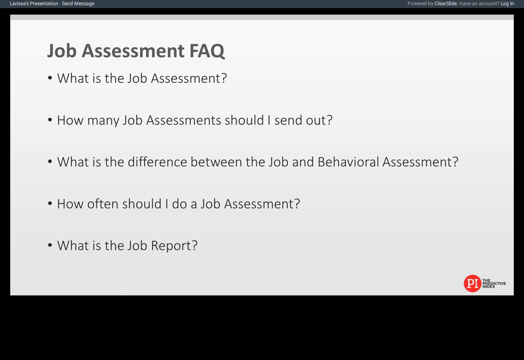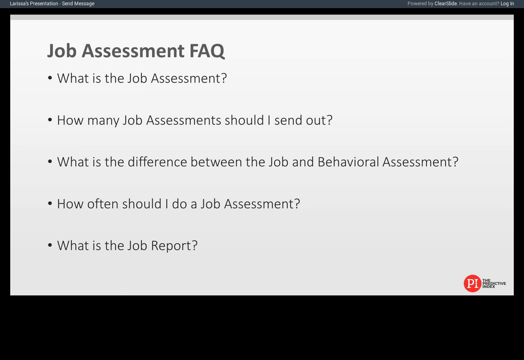The difference between these two is that one measures what it takes to do this job well, right? The behavioral is what is that person's most natural behavioral tendencies and who are they in times of stress and pressure. So the biggest difference is one is the job, what does it take to do this job well, and the other is who is the person, and that's the two that we match. In the system, they make it really easy. Job assessments are shaded in orange, and behavioral assessments are shaded in blue. So from a quick view, you can see which one is which.